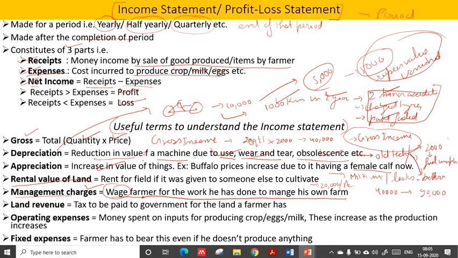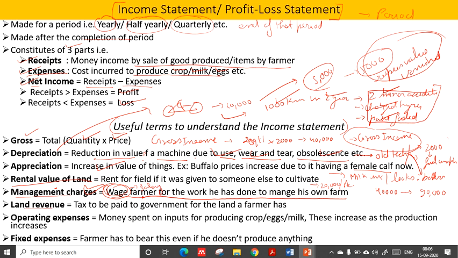The farmer is doing everything he possibly can on his farm. He is supposed to earn money by selling his crop, but he does not earn money from it because the prices are down, and his hard work should not be considered without any value. So whatever management work he does on the farm should be given some value, that is wages, or you can consider it a salary or anything, but it should be given some value.